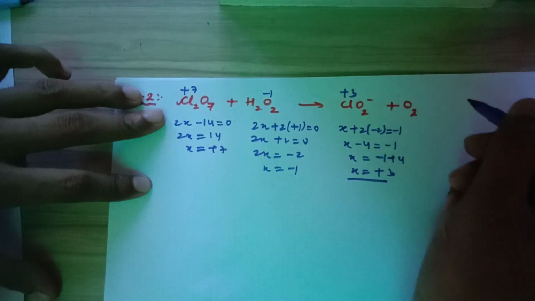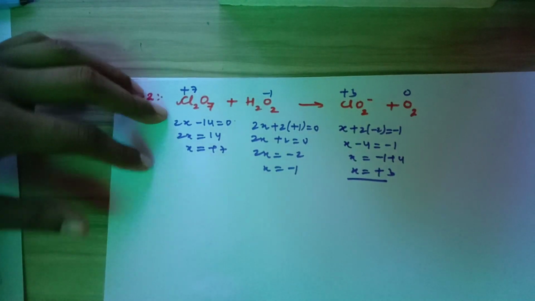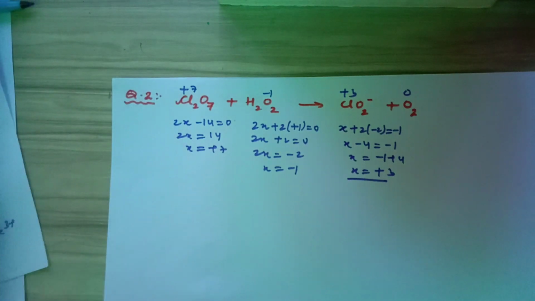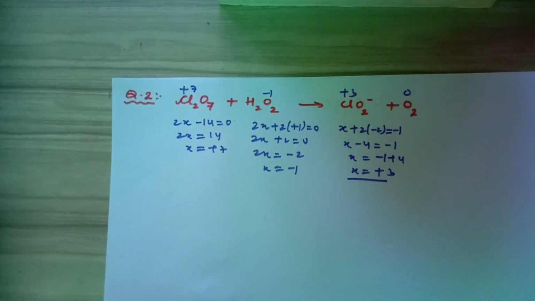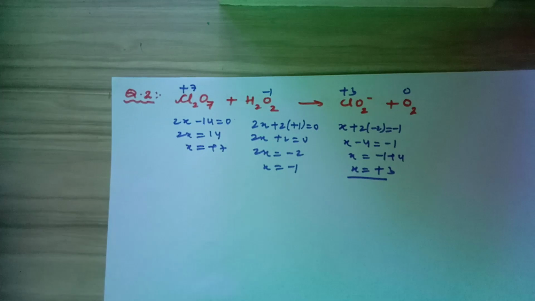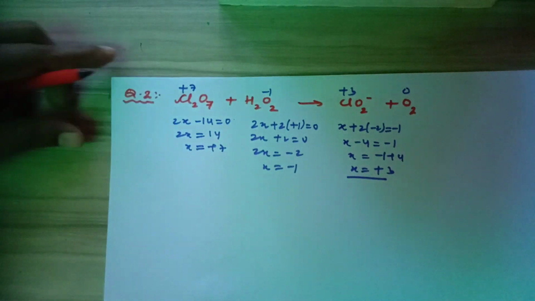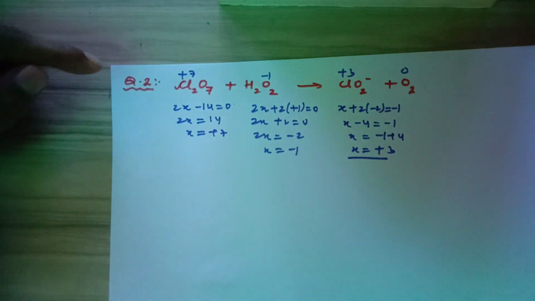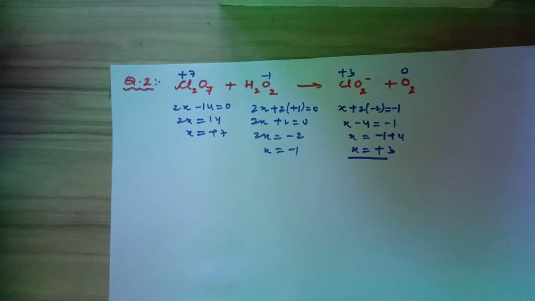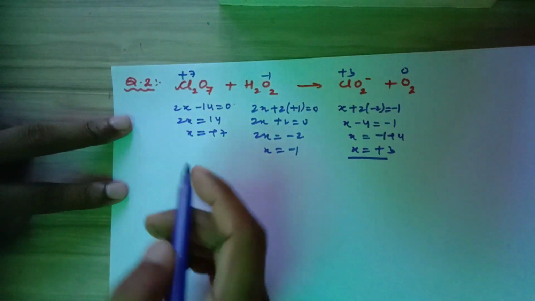For oxygen it's diatomic, so its charge or oxidation state is 0. The first step is done. We have obtained the oxidation state of the given central atom. Now the rule number 2, see the change or see if there is reduction or oxidation. Let's do it.